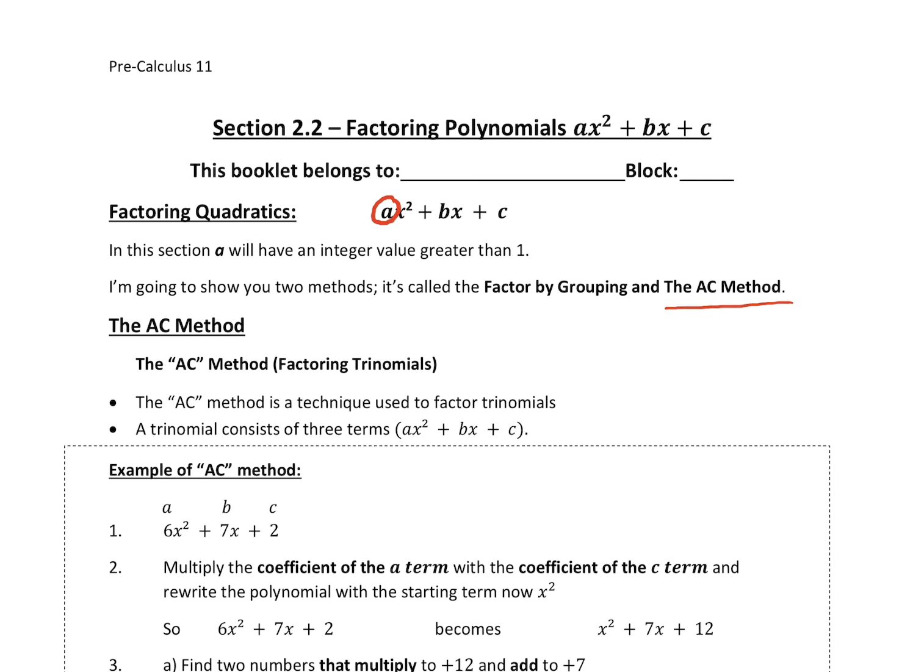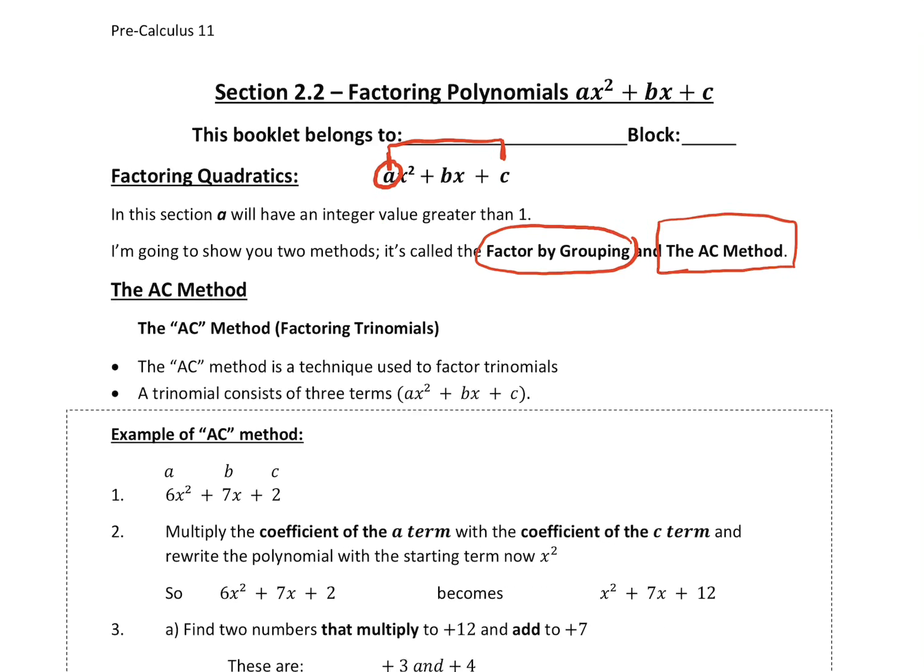I'm going to go out on a limb and say most of you will probably have looked at this one in grade 10 if you saw it. So I will do my best to show both in the later examples. But I really like this one. We call it the AC method because look, A, C. So if you have